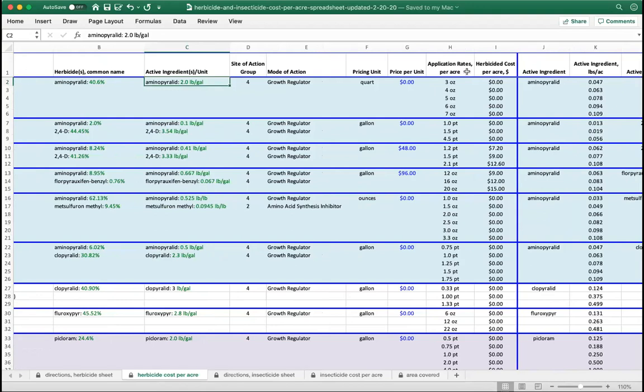Column H is our application rates per acre. I will tell you this spreadsheet is not a replacement for reading labels, because we are not including every possible rate that you can use for a given product. A lot of times we're putting the highest rate, some mid rates, and then the lowest rate of that particular product use. So make sure you're reading the label, because this sheet will not give you information on